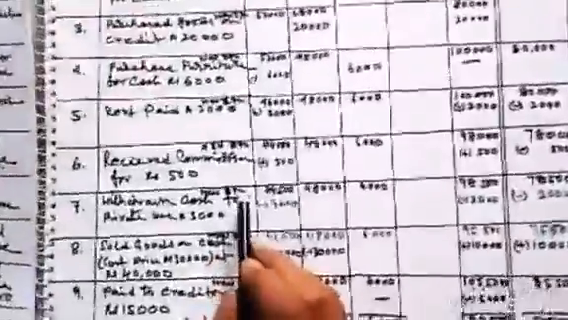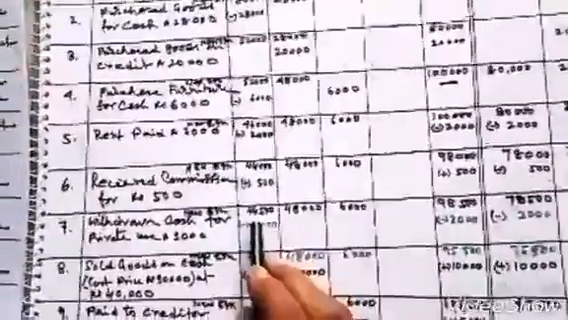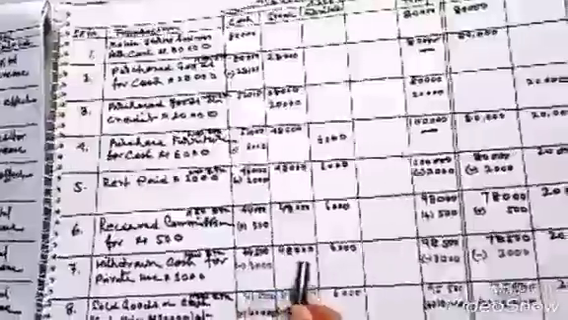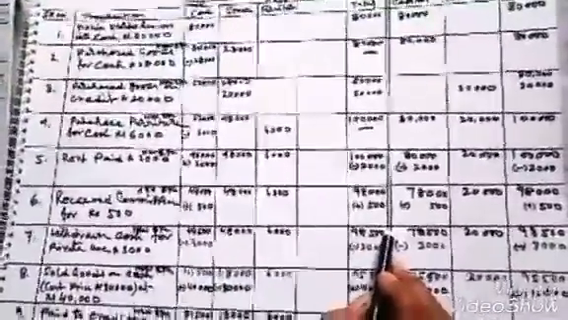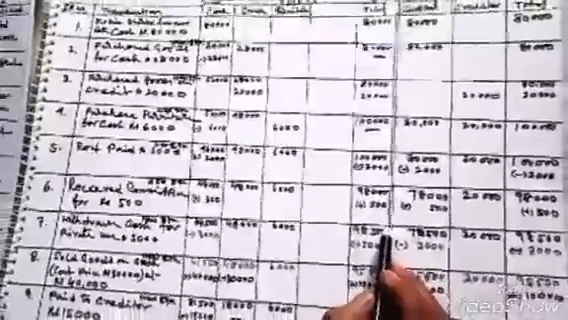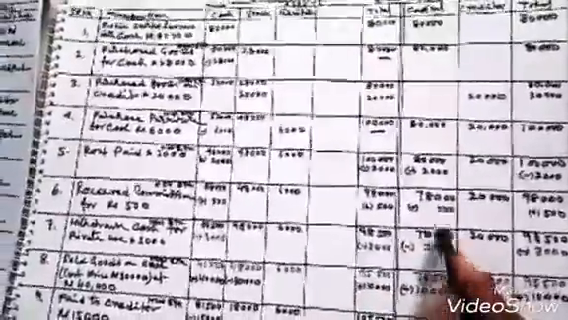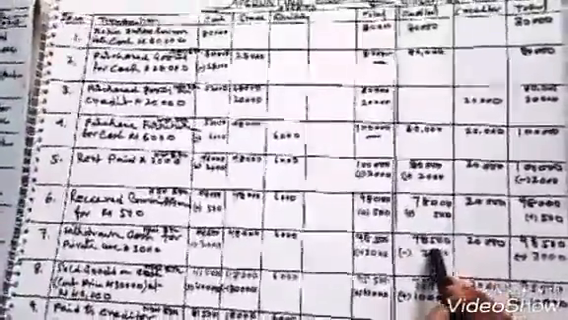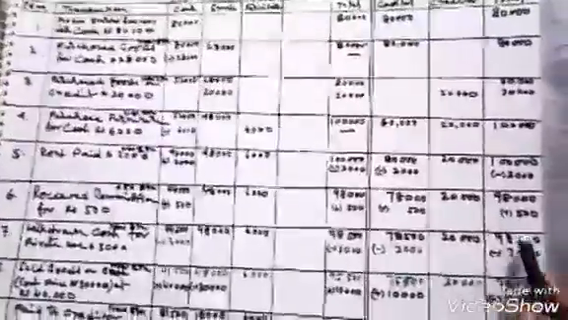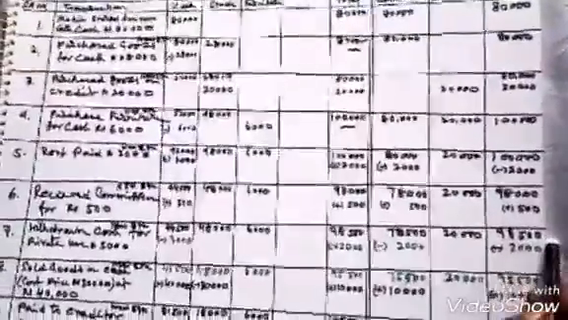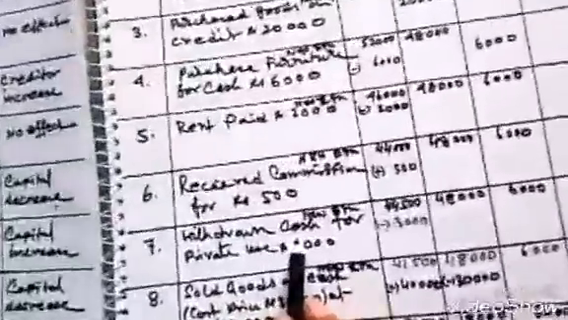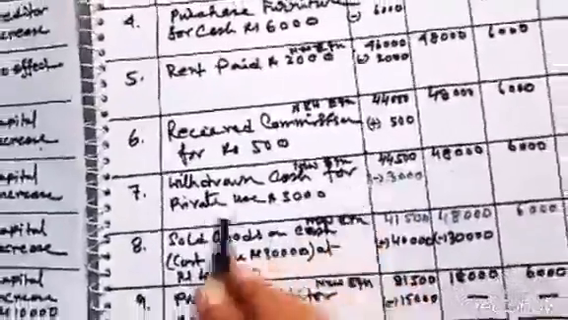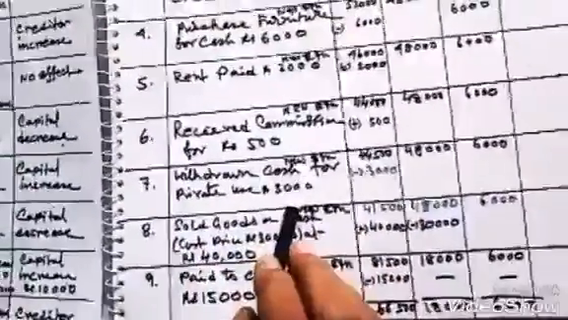The new equation comes 44,500, 48,000, 6,000, so it is 98,500. On the capital increases by 500, so 78,500, 20,000, 98,500. Now see transaction 7, cash withdrawn for private use 3,000. See here,